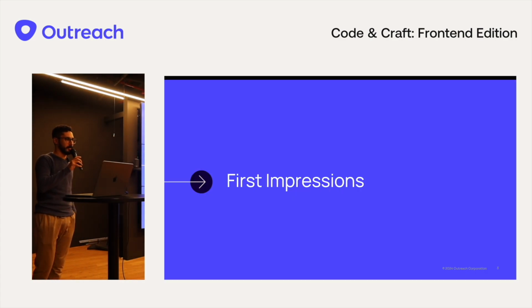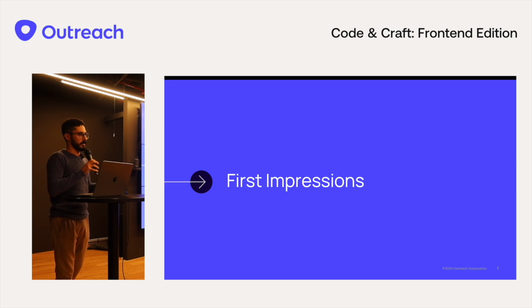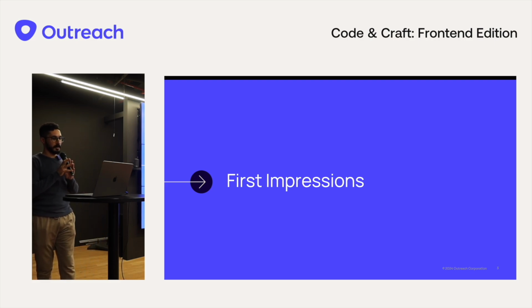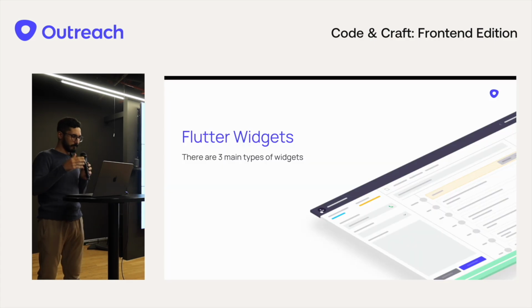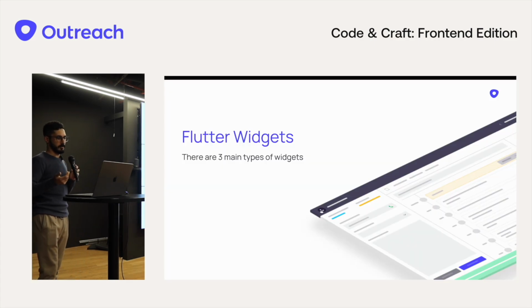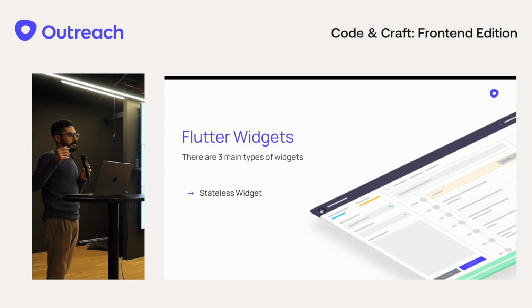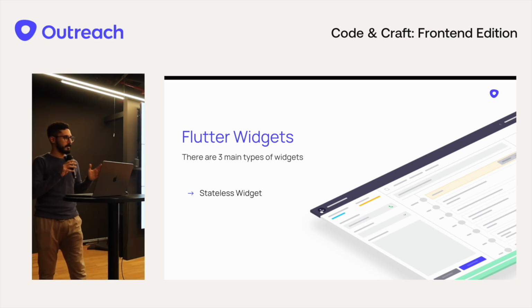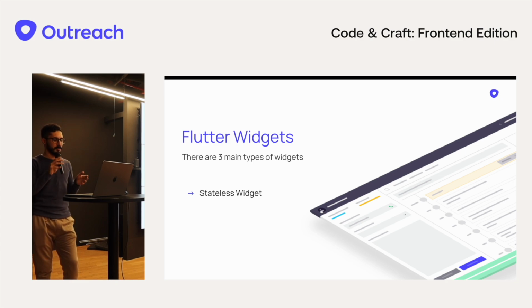So first impressions. Now, of course, before I joined Outreach, even before doing the interview, I started to practice a bit because I haven't used React in more than 5 years. And basically, overall, I think React and Flutter are very, very similar. Like, for example, in Flutter, we have three main types of widgets. We have the stateless widget, which is basically a dumb widget. It takes in some input, let's call them props, and then it renders something like a text or a column